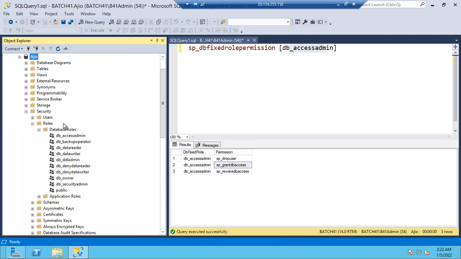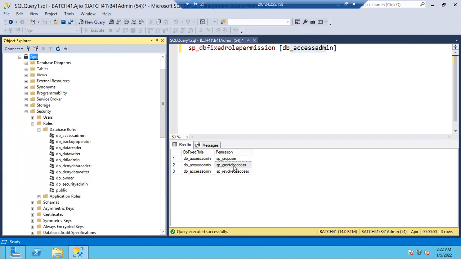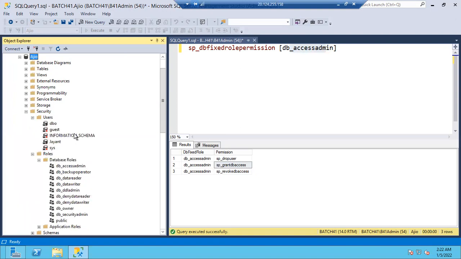Database roles are database level objects, limited to the database only. Jayant can grant DB access to users in the same Azure database, not on other databases.